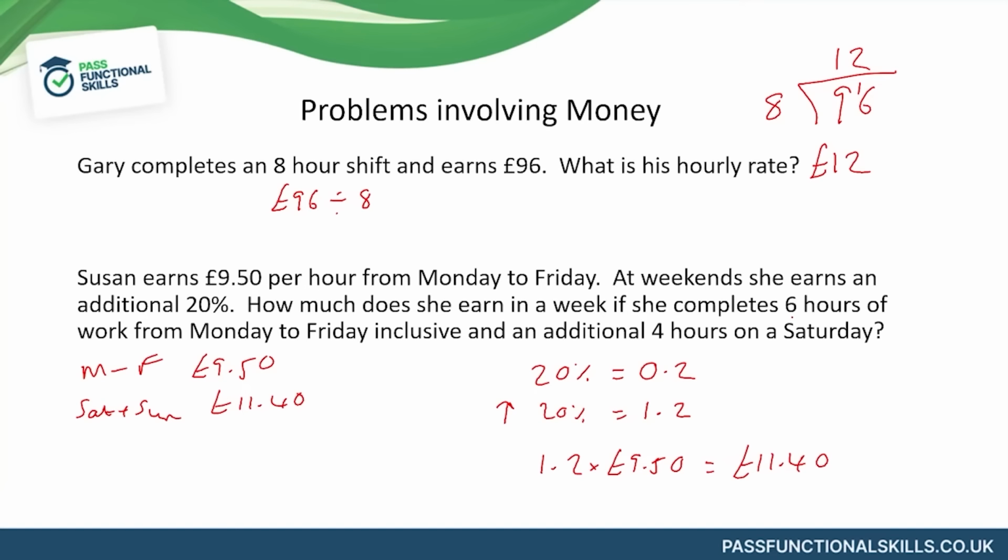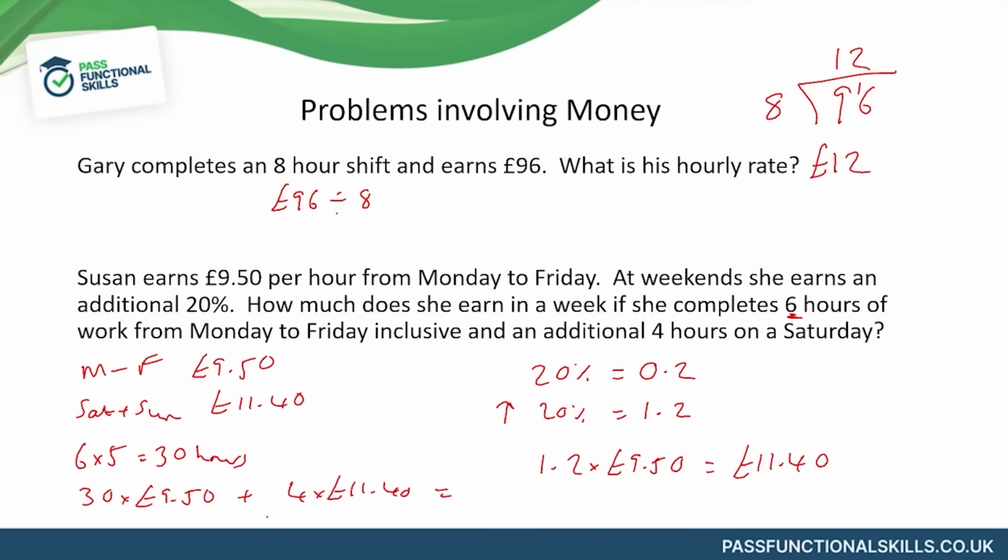Okay, so Susan completes 6 hours of work from Monday to Friday. So that's 6 hours for 5 days. So that is 6 multiplied by 5, which is 30 hours of work. So that's going to be 30 multiplied by £9.50. And 4 hours on a Saturday. So that's going to be plus 4 lots of the £11.40, which equals,